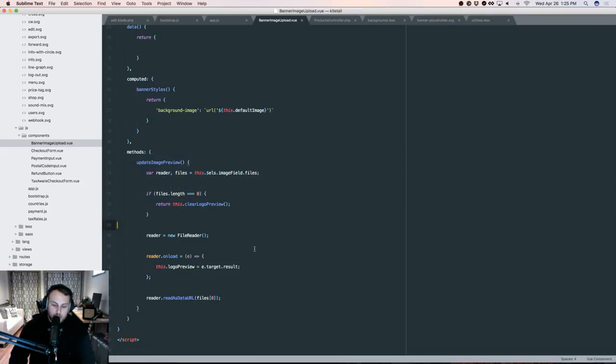Yeah, that's a good point about getting the event target stuff. I'm just going to leave it this way for now, and then we can look at refactoring towards using the actual target. So what this was doing is, if there were no files there, so if someone clicked to upload a file and then hit cancel, that clears out the file that's there. So you want that to go back to the placeholder. In our case,